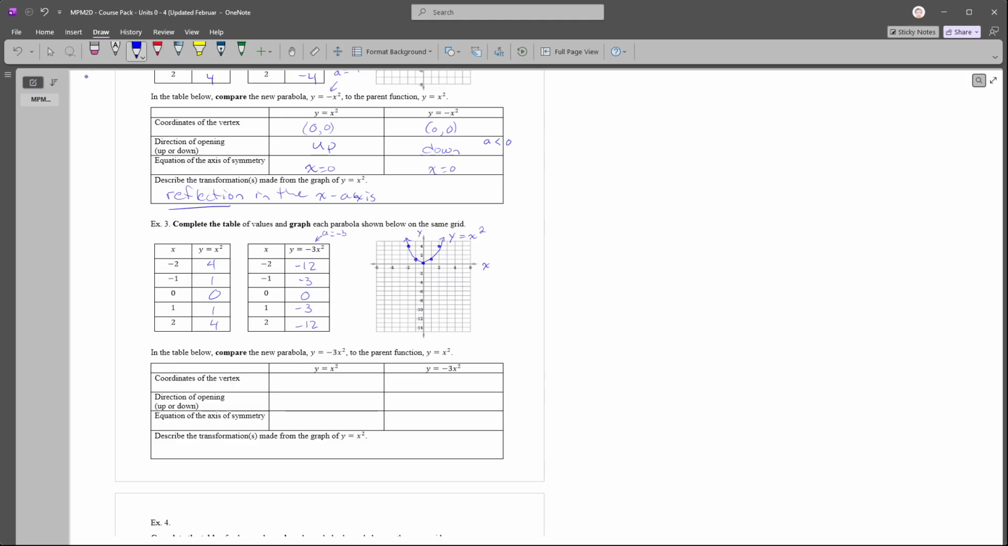Let's go to the next one, our red. So -2 all the way down to -12. Okay, -1 down to -3. 0, 0 is still there. And then 1, -3. And 2 all the way down to -12 again. So if we draw this,